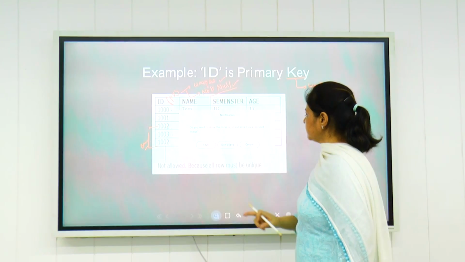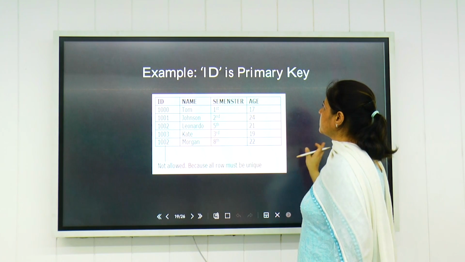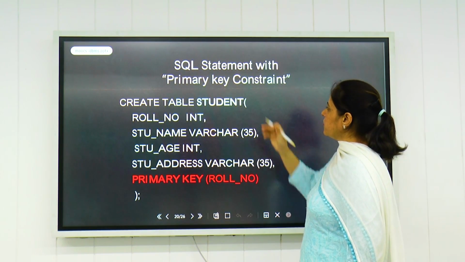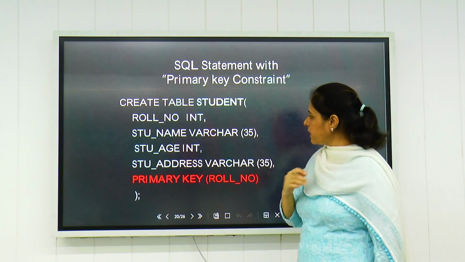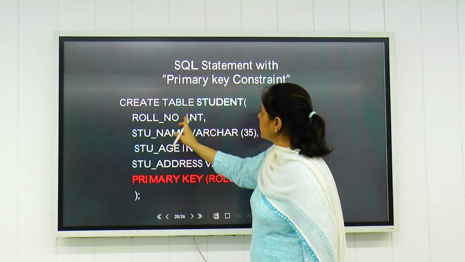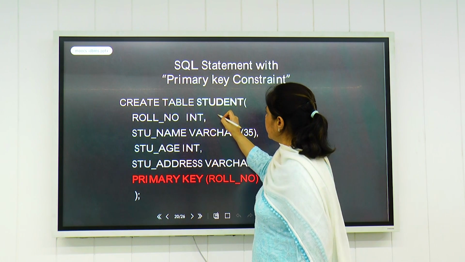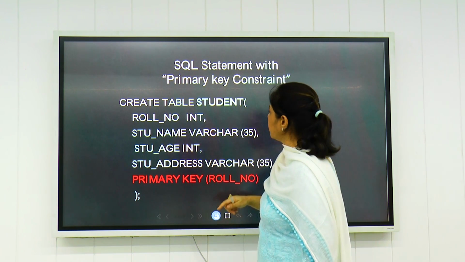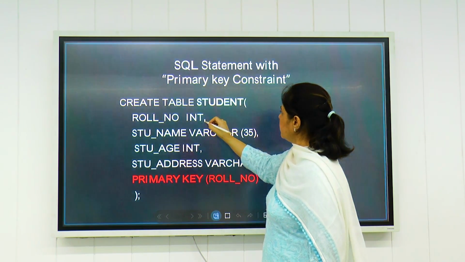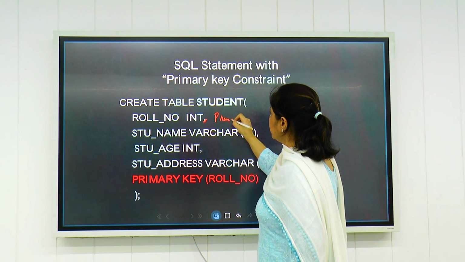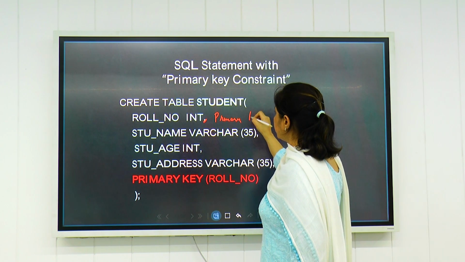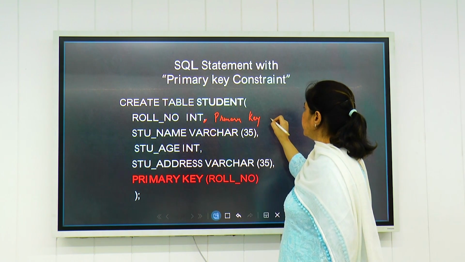Next, let us see how we give a particular key as a primary key. We have roll number as an integer. Either you can give the keyword primary key here: you just omit this comma and write primary key in front of the roll number, and end it with a comma.